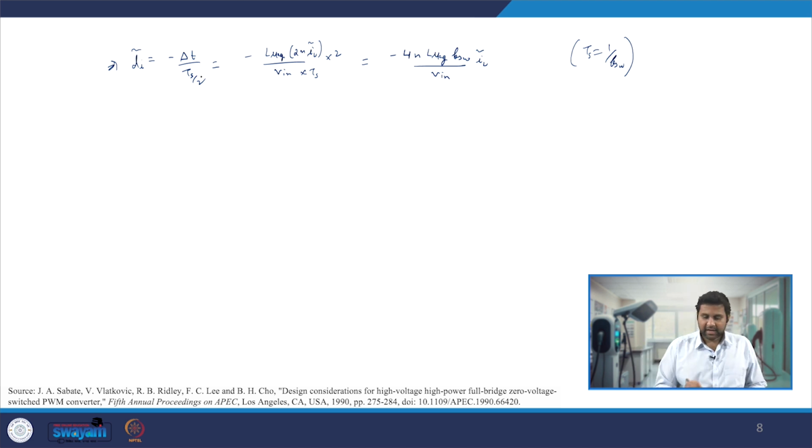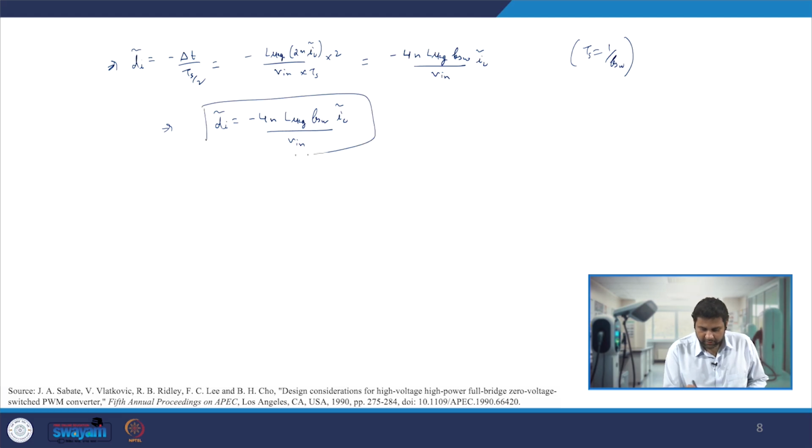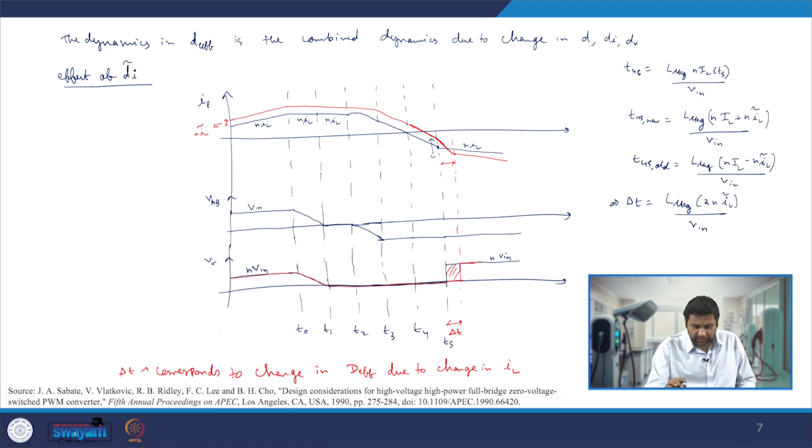Now this is the Di. So finally the change in the Di is minus 4N L leakage F switching, small change in the IL divided by V in. Now if you look very carefully, you will be wondering why we have taken the negative sign. The negative sign is taken because if your IL increases, this distance will also increase. Because of this distance increase, you will see more at that point. Because of that your delta T actually reduces,